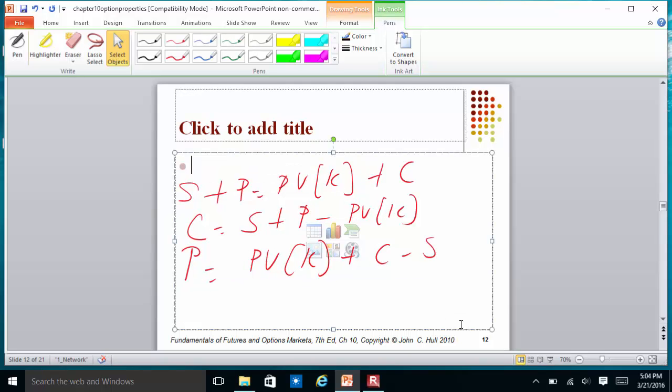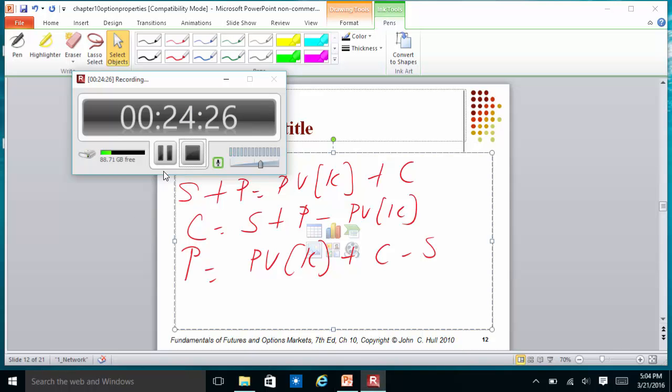How do you create the put? To create the put option, you buy the call, you short the stock, and you deposit that in the bank at the risk-free rate. So these are, I think, the most important concepts from this chapter. Okay, so I'll